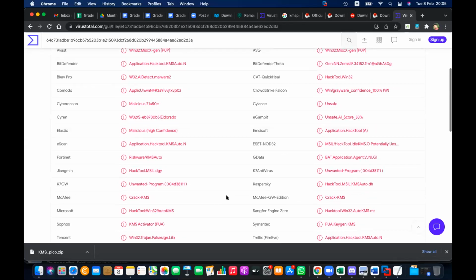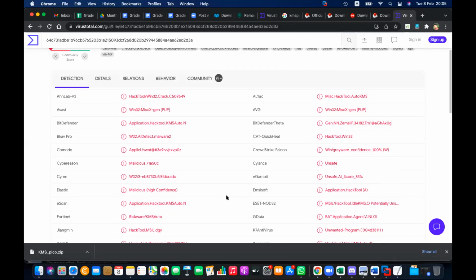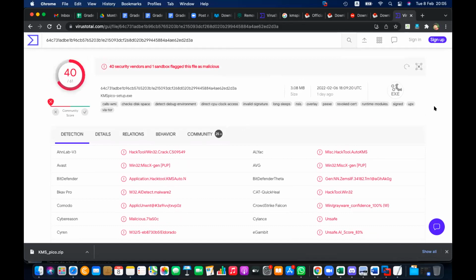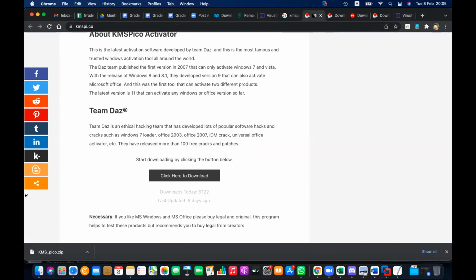I never use KMS Pico. Sorry? You're not using KMS Pico, is it? But it's actually activating, right? That's the other side. It's actually activating Windows.